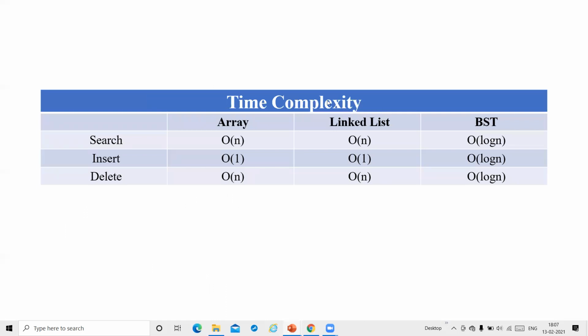Now, if you see, this is the time complexity chart. If I want to implement the search operation on an array, then O(n) is the time complexity, because sequentially we are searching the elements present in the array. Similarly, for a linked list also, if I want to search a particular value, the time complexity is O(n). But in the case of the binary search tree, we are getting the time complexity in terms of O(log n). Why does it come as log n? Because either we search the left subtree or the right subtree. We are not searching the whole tree at a time. That's why the time complexity comes in terms of log n.